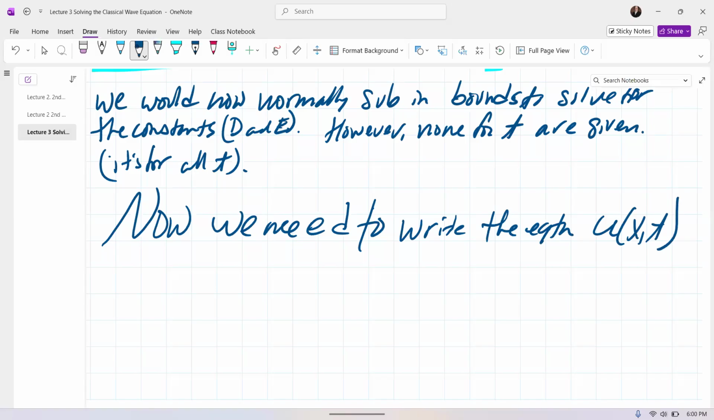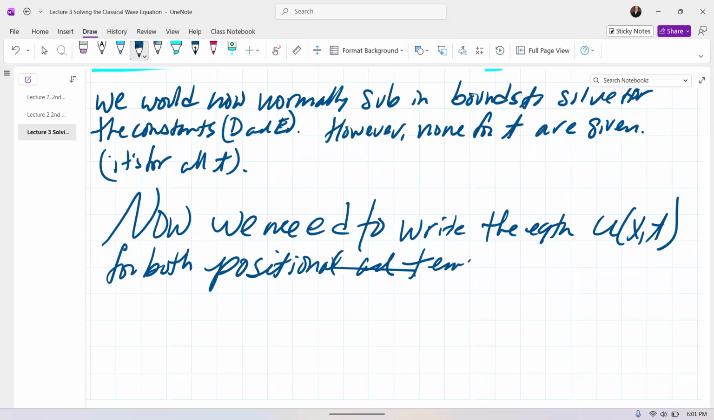Now we need to write the equation for x and t for both positional and temporal solutions all together. Right, so we need to go back for both variables, for both positional and temporal. Sorry, the pen is going a little crazy. U of x and t